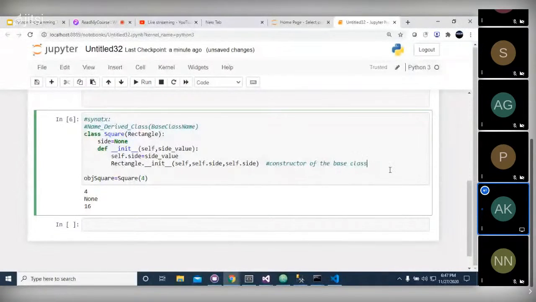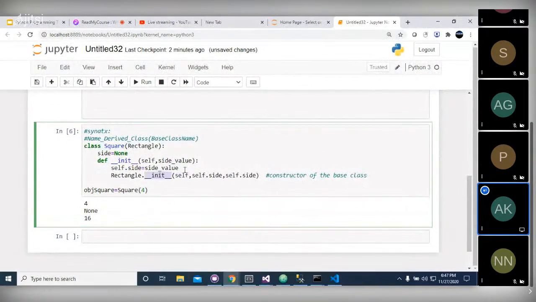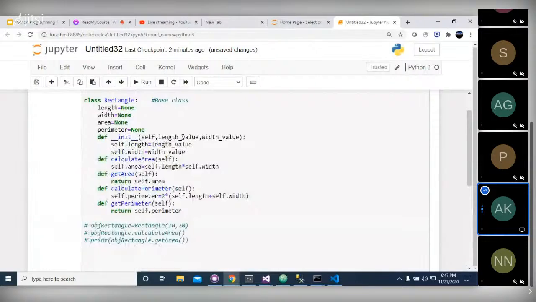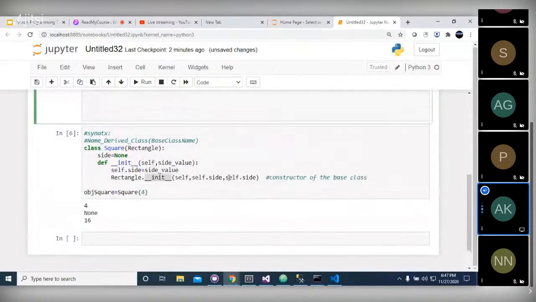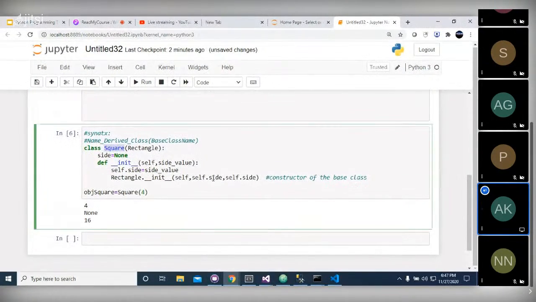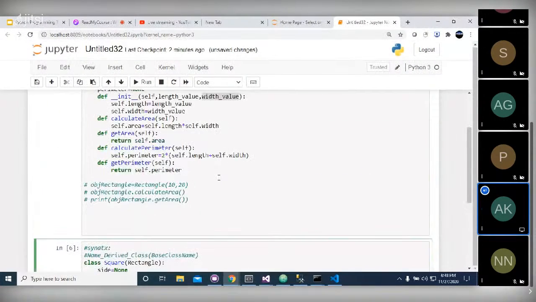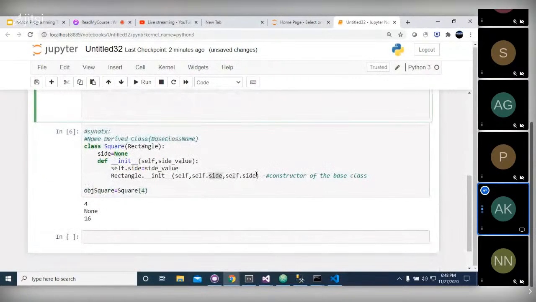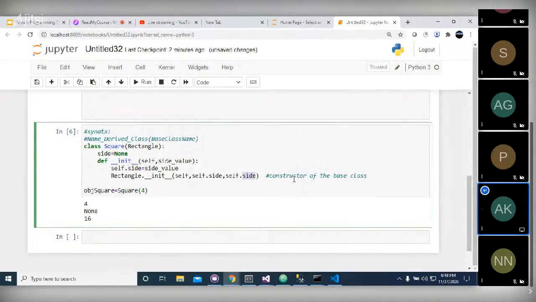Okay, now to call the constructor of the base class, you need to pass here self. Self is mandatory, and then what this rectangle constructor was expecting from you was the value of length and width. So in case of square, the value of length and width are same. So we are passing here self dot side and self dot side. So it will assign the self dot side value to length, and the self dot side value will also be assigned